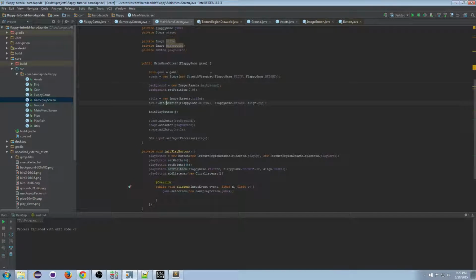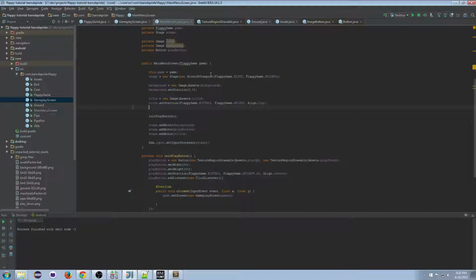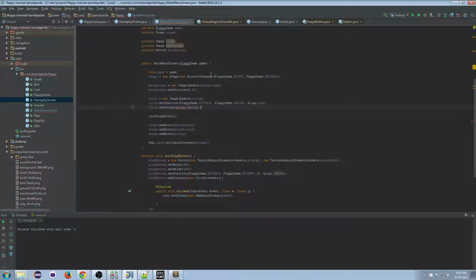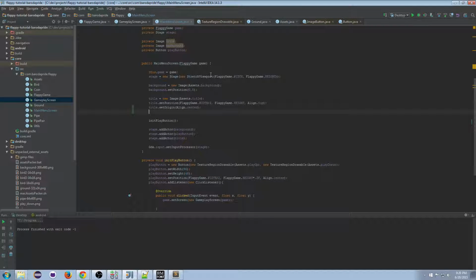So our title object here is an image. First thing we have to do is set the origin. And all that is, it's the point around which rotation happens, it's the point around which scaling happens. If you don't change this, I think the default is the bottom left corner, so it'll look weird when you scale it. It'll scale it from the bottom left corner. So we have to set the origin first, then we're going to add an action,